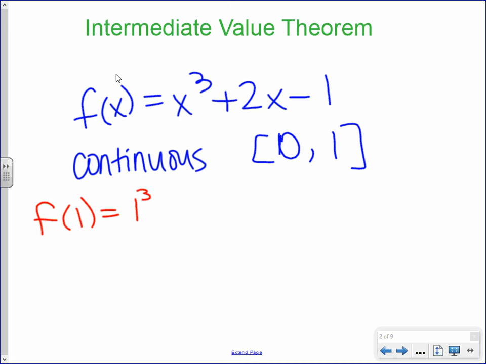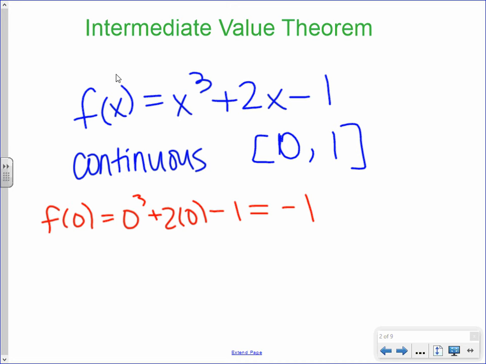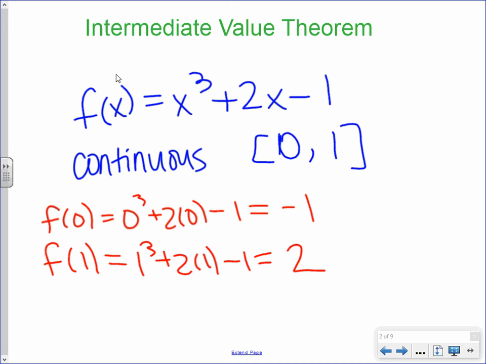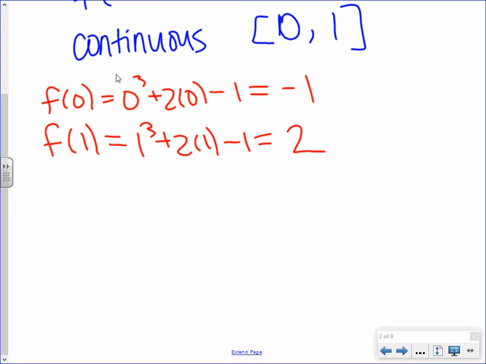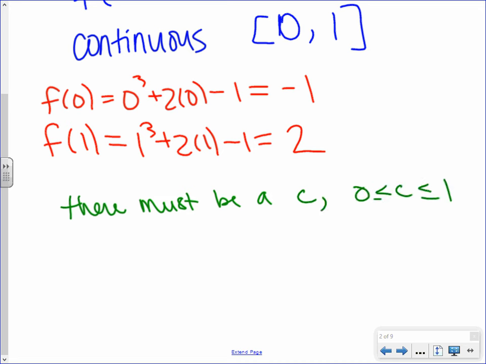F of 0 is negative 1. F of 1 is 2. So a conclusion that we could draw from this: there must be a C value where C is between 0 and 1,